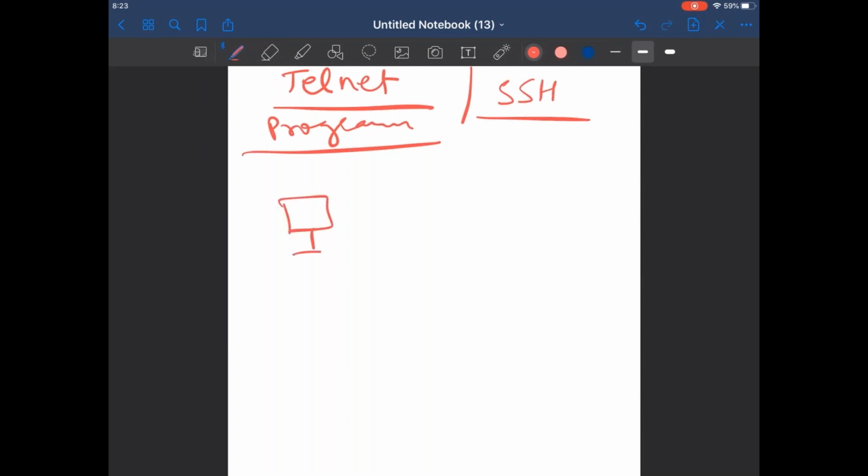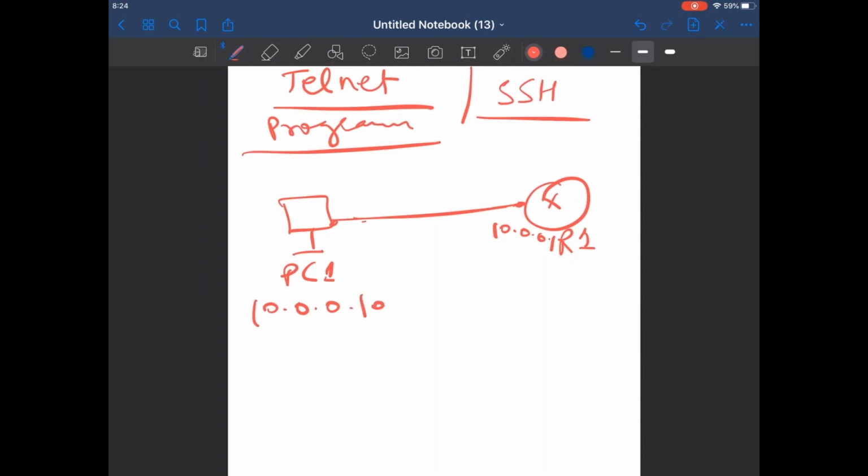Suppose this is your PC and this is your router. 10.0.0.1 and this is 10.0.0.10.